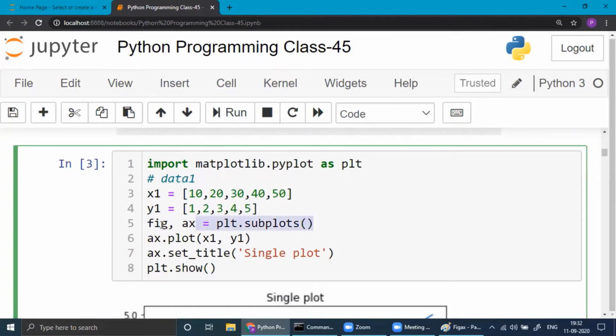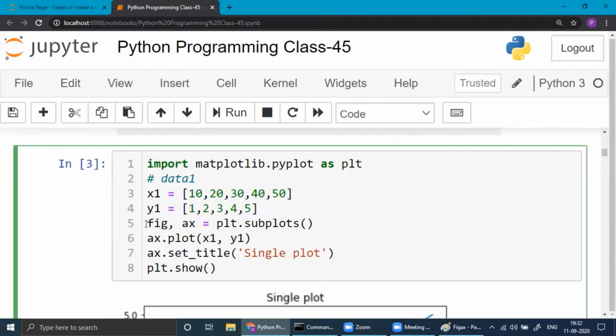So after this line, you have to plot it. You can plot it using AX. That is our object oriented way. AX is the object. You can write AXES also here, it's not a problem. Then we're plotting these two.